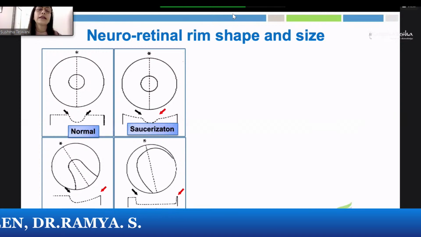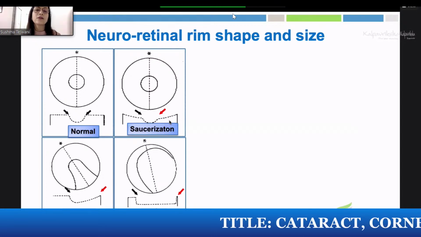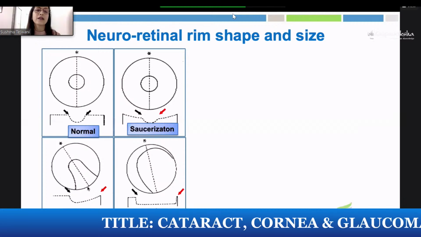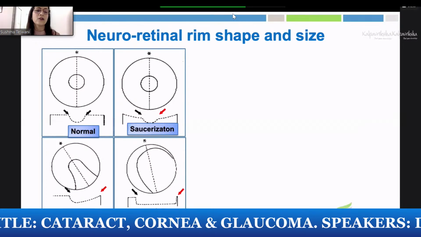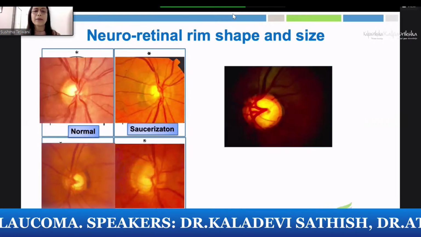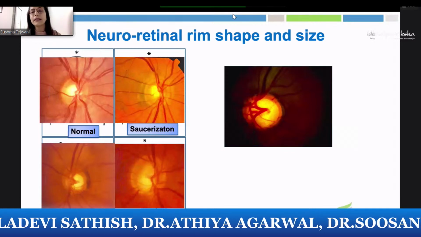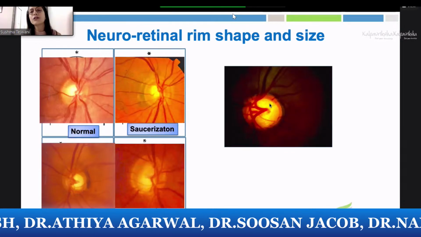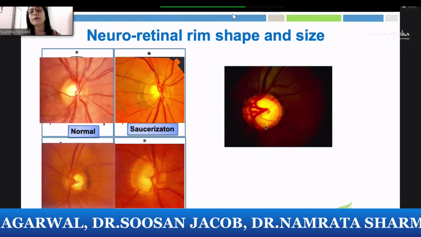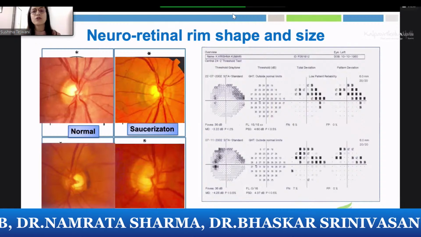Neuroretinal rim is what we are interested in when we are looking at the optic nerve. So we need to understand, when we make a cut section of, say, the optic nerve, the normal neuroretinal rim should look like that. When there is a backward bowing, it is called saucerization. And when there is sloping, that is where we see loss of neuroretinal rim and subsequently the notch. And this is how each one looks clinically. That was a diagrammatic representation. So you have to keep in mind to examine the neuroretinal rim properly. Like this example, the large disc, however, if you look, the inferior rim is lesser than the superior rim. So there is a problem in the neuroretinal rim there, and you see a corresponding superior defect there.